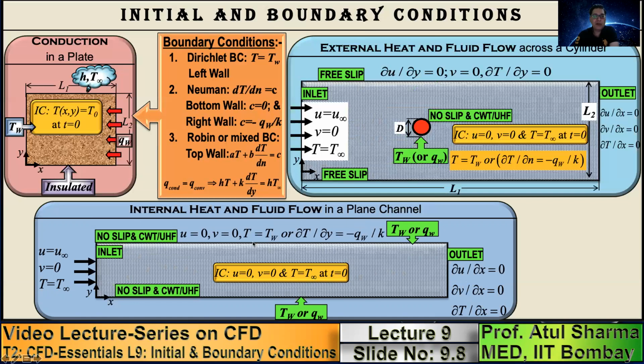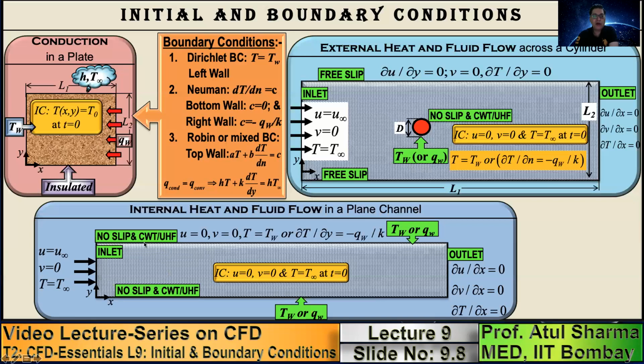Top and bottom wall, as I mentioned, this is solid wall. So you have a no-slip boundary condition on the top and bottom wall. Note that in an external flow problem, top and bottom wall, you have a free slip boundary condition. Note that in an external flow, top and bottom boundary is not the physically realistic boundary. For our computational convenience or feasibility, we are imposing this top and bottom boundary. So these are like artificial boundaries because we have to do a simulation in a limited size of the domain. Whereas in internal flow, these are physically realistic boundaries and you have a no-slip boundary condition.